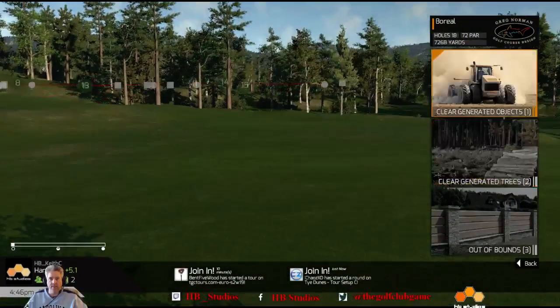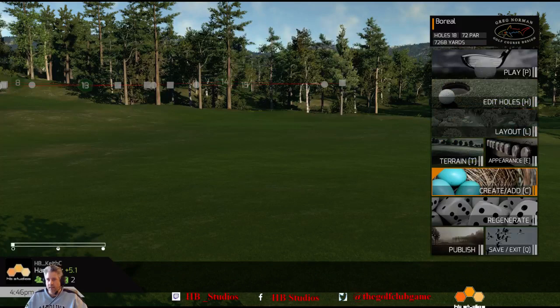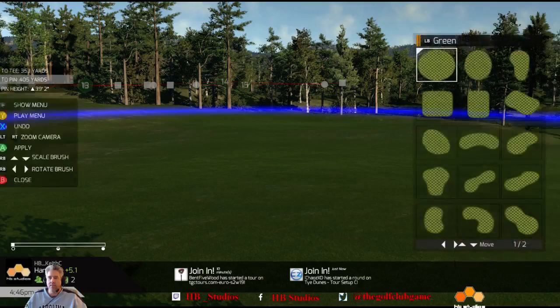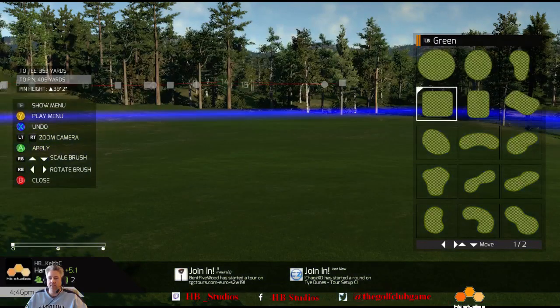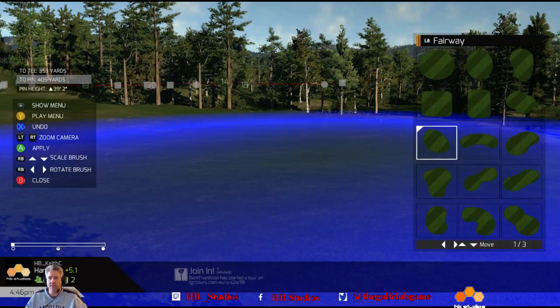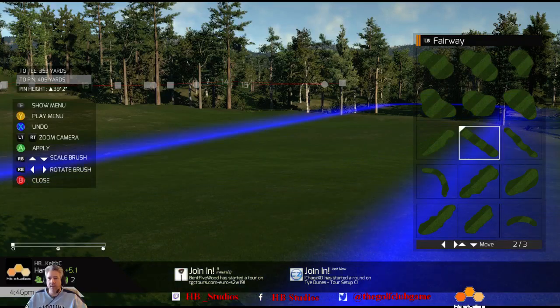Get rid of some of that stuff. Alright, so I use Fairway as my tee boxes all the time. It's up to you what you want to use. The green is actually pretty limited. There's only basically a page and a half of green shapes, so keep that in mind. If you're using greens as your tee boxes, you don't have as many shapes to use. Obviously Fairway has 3 full pages, but used Fairway, you could do,